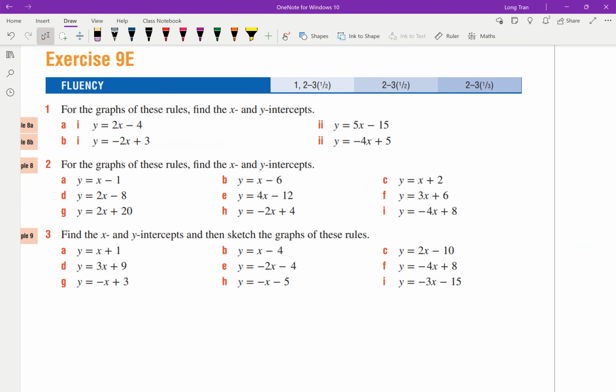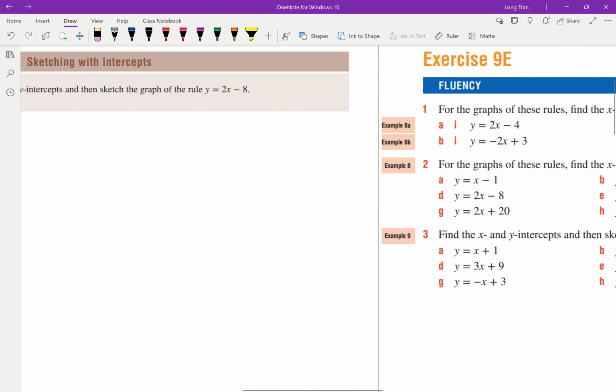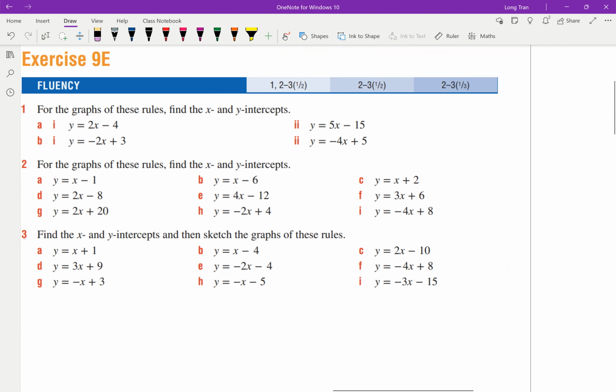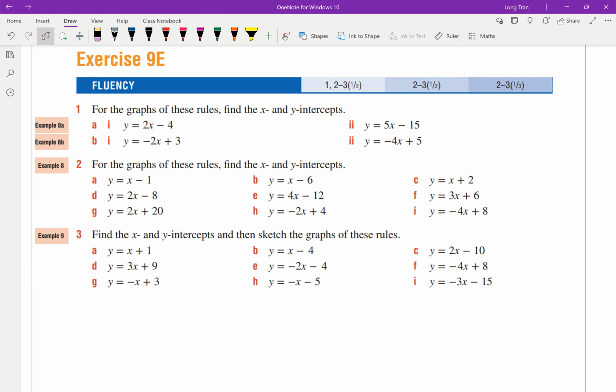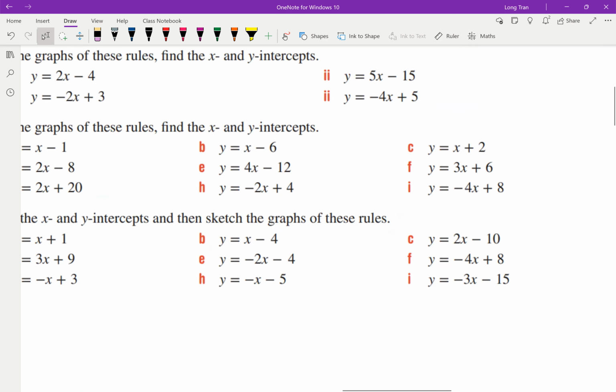said for the graphs, for the rules, find the x and y-intercept. What I actually want you to do is do what I just did before. For each and every one of these equations, I want you to find those x-intercept and y-intercepts and sketch. Okay, so I do want you to do all these questions here, 1, 2, and 3. Okay, so exercise 9E, do 1, 2, and 3 so that you get a good practice of your algebra, but